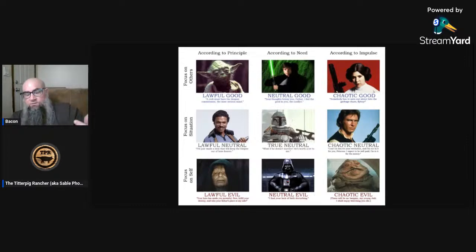Just to be clear, I only put this chart together based on the original trilogy. Right, you did mention that, and I did pick up on that. It's very clear that you did this on the original trilogy. However, I still do concede that Palpatine's better lawful evil and Vader's a better neutral evil, because neutral, according to need, means you can change your position depending on what it is that you need at that moment, and Vader does so by the end of Return of the Jedi. It's a focus on self, and it's according to his need, and I think that's probably where he sits.